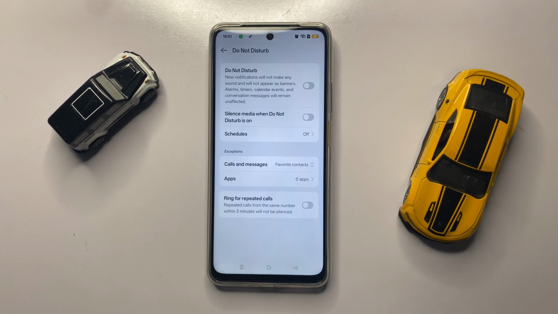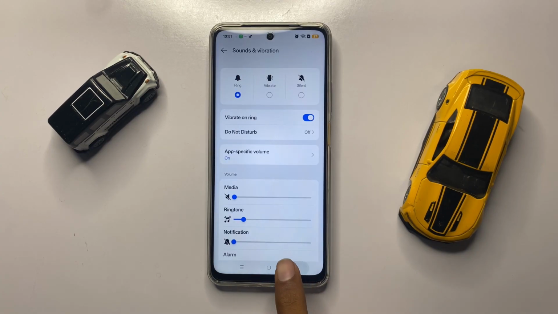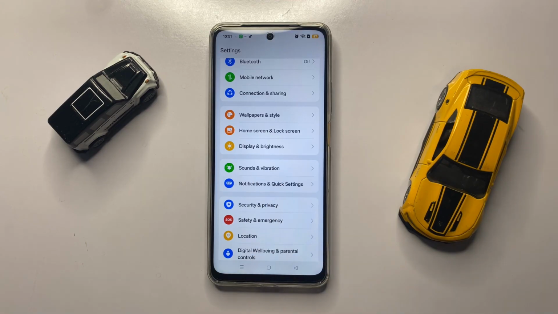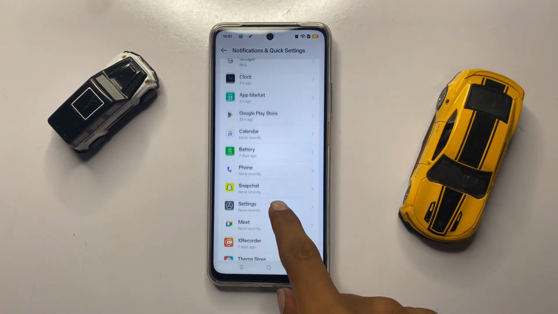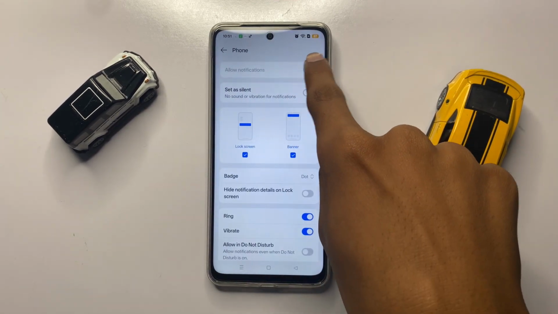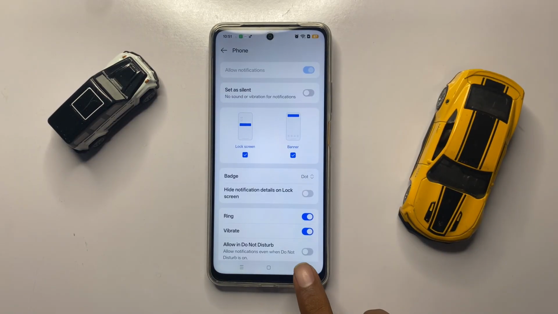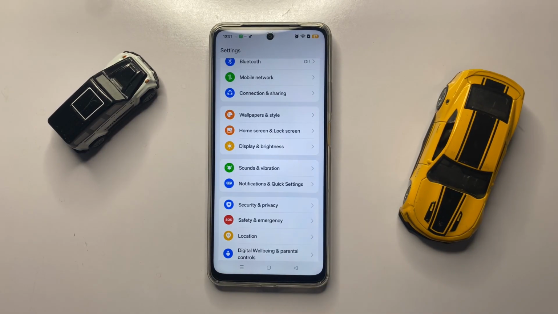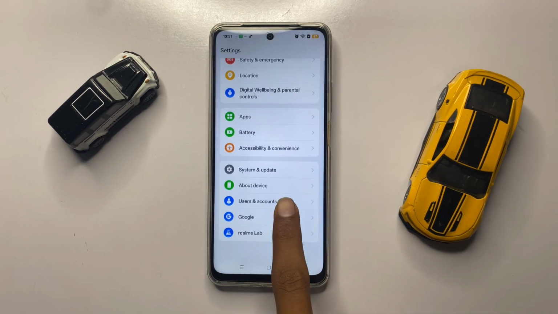After turning off your do not disturb, go back and click on notifications. Now scroll down and here you can allow your phone app notifications. After allowing your notifications, go back to the main page of your settings and scroll down and click on